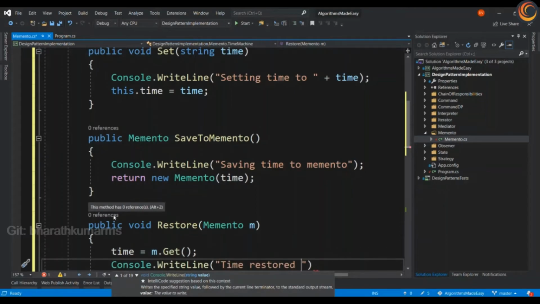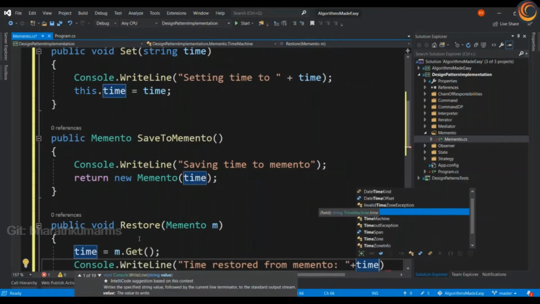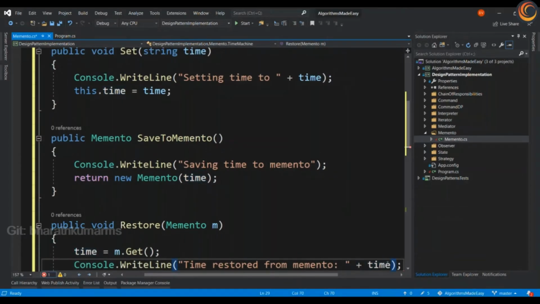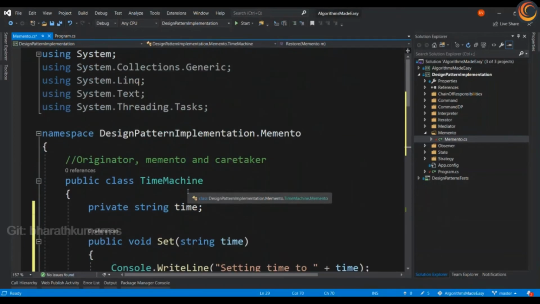Let's say time restored from memento. Okay, and let's print that timeout. Right, very simple. Now we are done with the Memento time machine implementation.